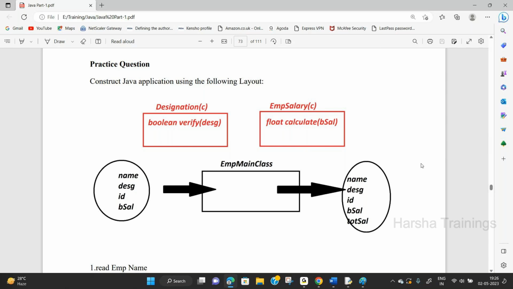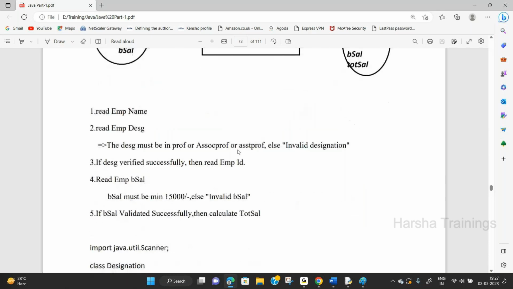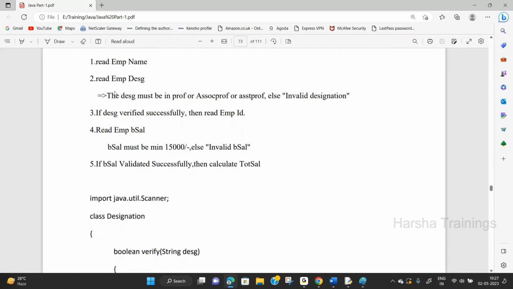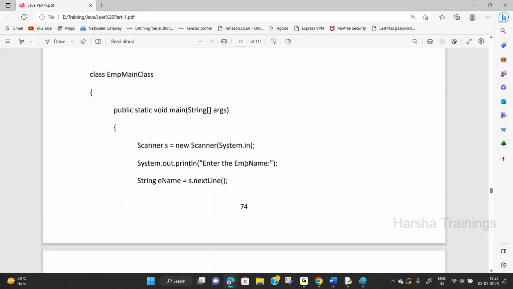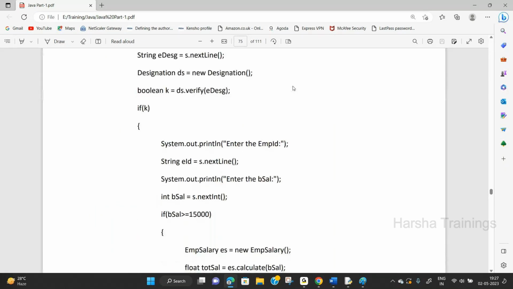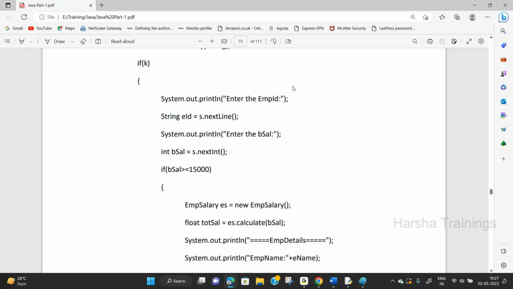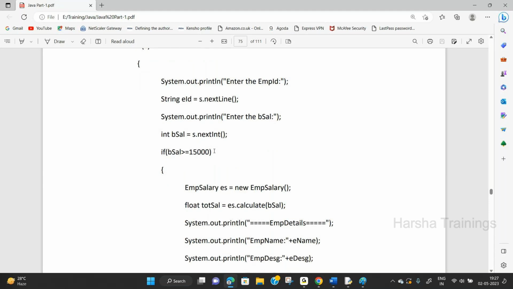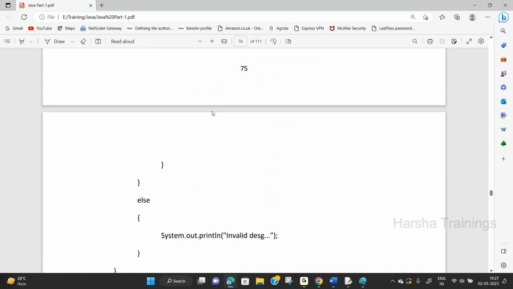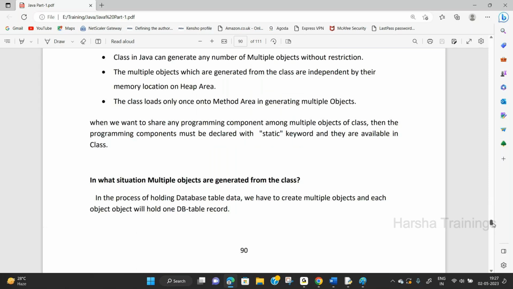Every example, see this one. Suppose this is the architecture. Along with the architecture, we will give the analysis step by step. This is the analysis and this is the program. For example, we have two programs. Assume today I explained one program. After completion of this program, I will give you one more sample program. You need to solve the program in the next session. If you are unable to do it, no problem, I will explain in that particular session. If you solve it, no problem. See this one.